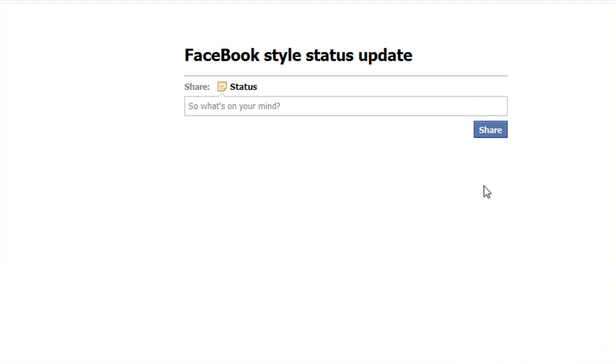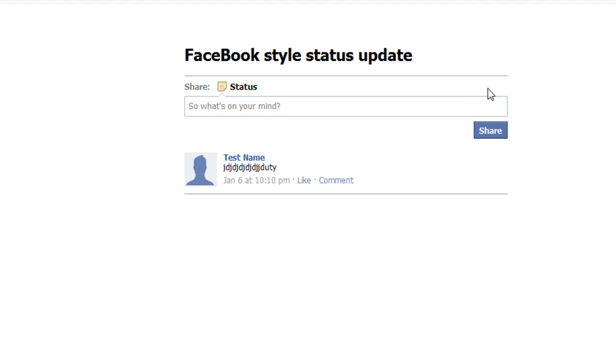Okay, today I'm going to show you how to make a Facebook style status update. So it's just like the Facebook one. So we can just put in our status, maybe anything you want, and then we'll share a status, and we have the upload icon up here just like on Facebook. And after you input your text and we hit submit, we're going to put this back to whatever you want to put in here. I just put "so what's on your mind," and then what we do is we